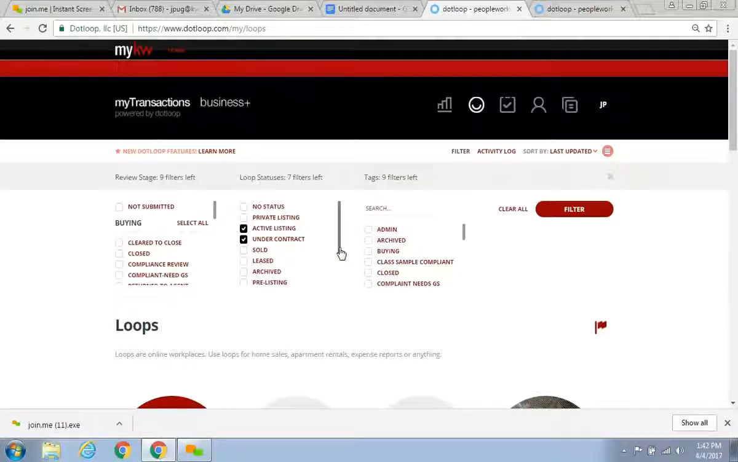Alrighty. So the next one you see is activity log, right? The cool thing about Dotloop is it tracks everything you do, your clients do, or other agents do that are added to your loops as people. And we're going to go over the people section next. Okay? So if I open that up,